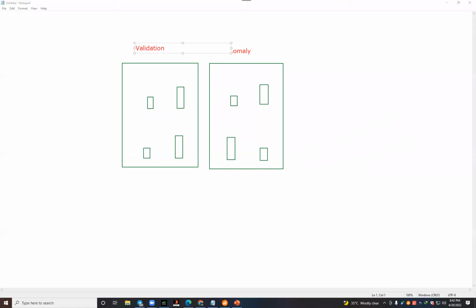Now, when we are comparing things, if we want to compare anything, is it possible to compare with a single item? A single item itself, can we compare? No. We need to compare two candles together, right? Yes. So if we compare the volume of the two candles, then we will get validation and anomaly.